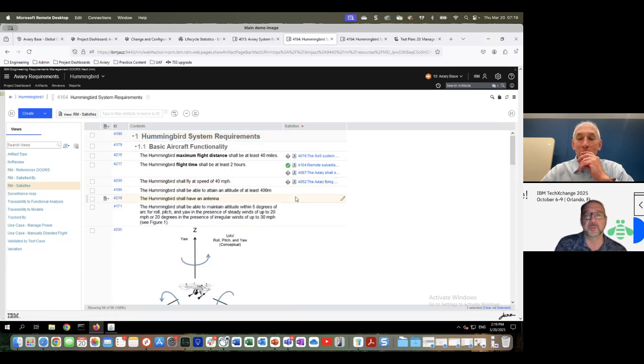We do also have some built-in, notice these green check marks and the question marks here. These are simply link indicators that tell us that something related to that has been modified. So I don't have to go and ask anybody, hey, did you make a change to something? I can easily see with the question mark that something's been modified, and I might want to look at it to see if I need to make any changes myself. So very cool stuff that I want to keep track of. Now,